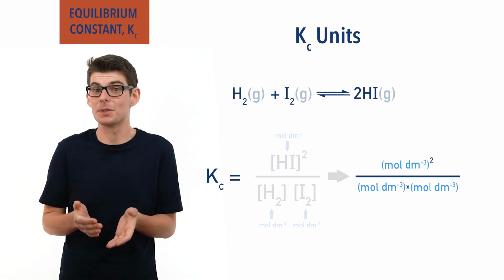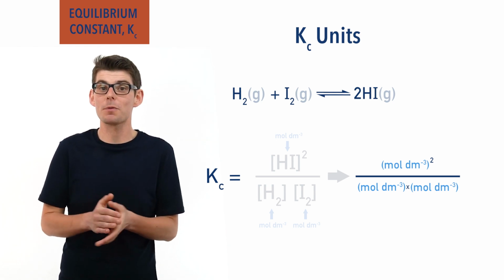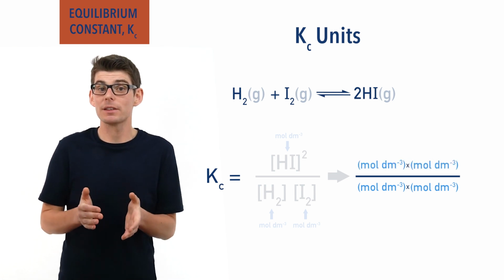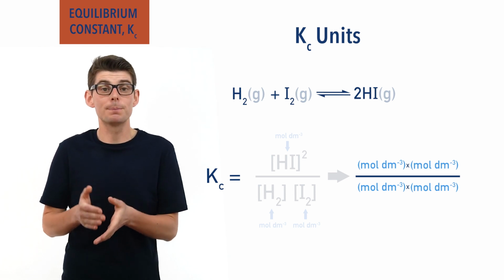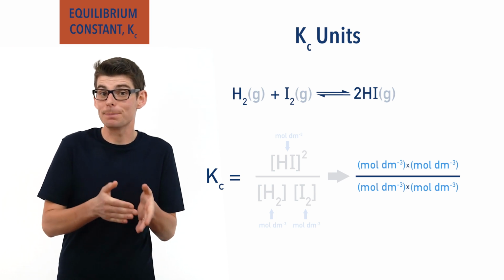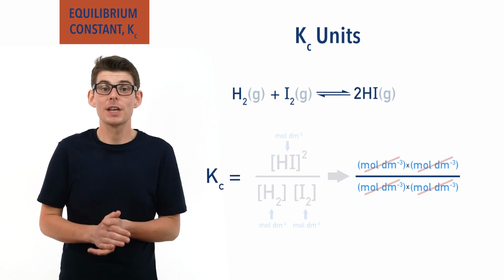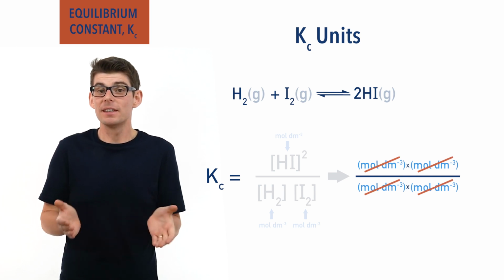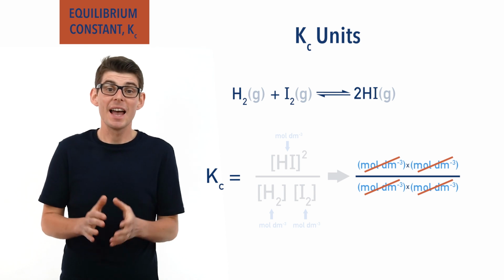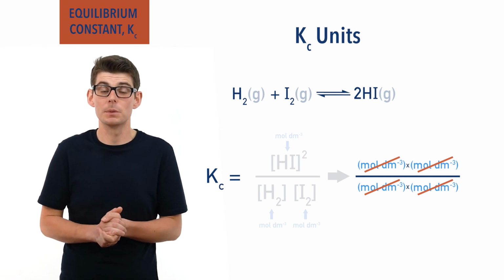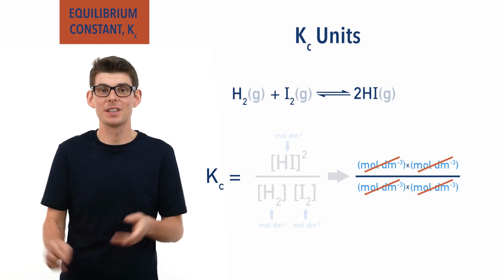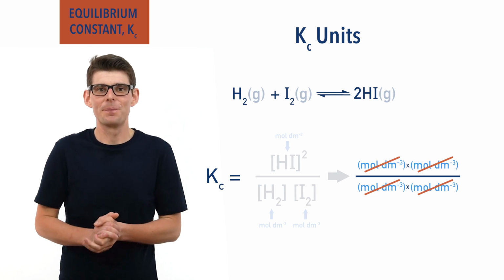Moles per decimeter cubed squared is just the same as writing out moles per decimeter cubed times moles per decimeter cubed. Now let's cancel the same sets of units on the top and bottom part of the fraction. There are 2 moles per decimeter cubed on the top and bottom, meaning they all cancel each other out and no units are left. Kc for this system then has no units. This doesn't have to be the case, and units can look a bit overwhelming sometimes. More complicated examples have been outlined in a video on Kc calculations. Check the links in the description below.